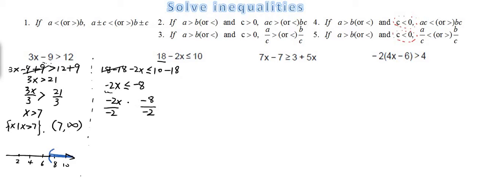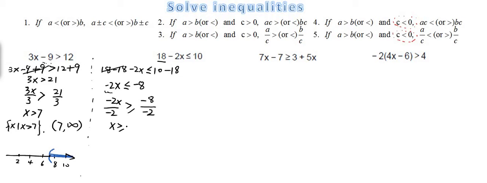Okay, for both sides. And we can tell here's a negative. That is a negative number. That means we're going to change the sign of inequality to the opposite sign. That should be greater than or equal to, because here is less than or equal to. Okay, so that means we follow rule number 5, where we divide by a negative number, and we have